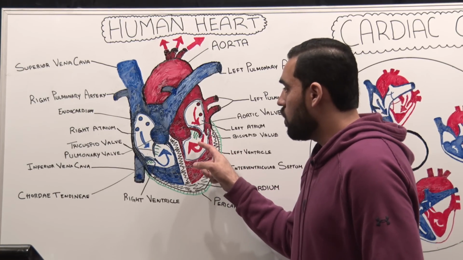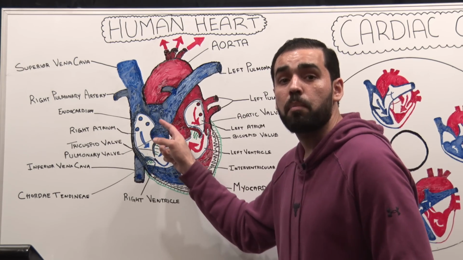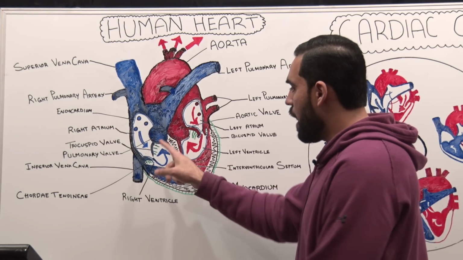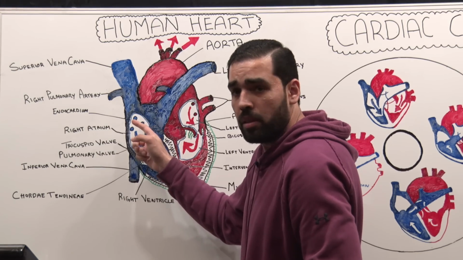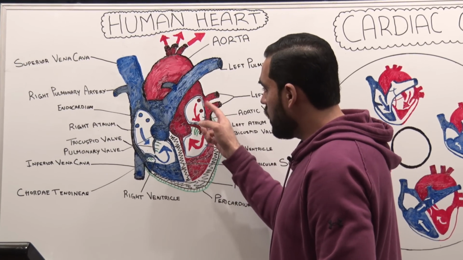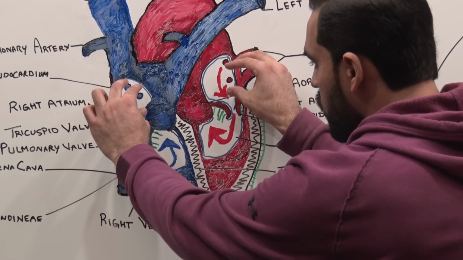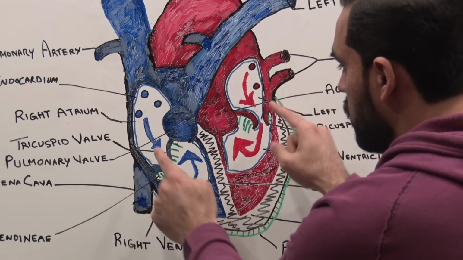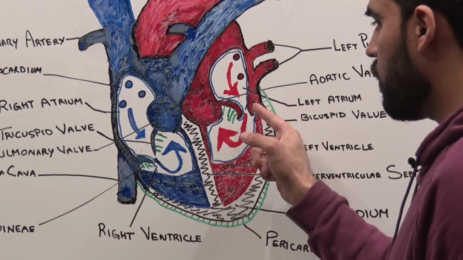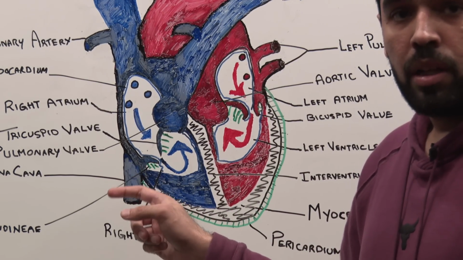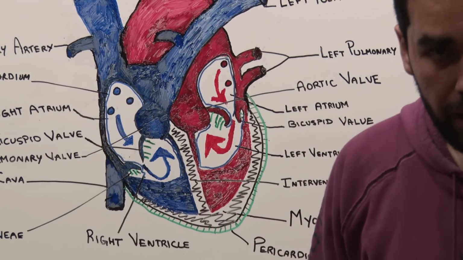Now, the left ventricle pumps the blood into the aorta, and the right ventricle pumps the blood into the pulmonary artery. Okay? Let's discuss first the right side of the heart. We have the right atrium, and then we have the right ventricle. Here we have the left atrium, and then we have the left ventricle. Now, these atriums are separated from the ventricles by the atrioventricular valves. Even though one is called the mitral valve or bicuspid valve, and the right side is called the tricuspid valve, since they're separating the atriums from the ventricles, they're also called the atrioventricular valves.